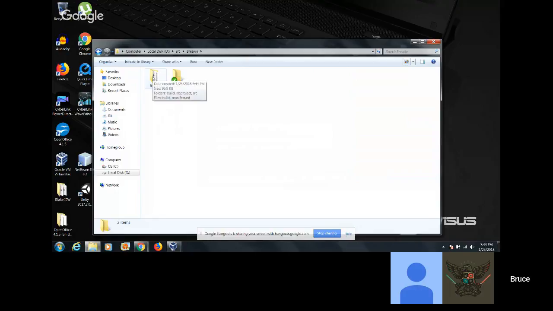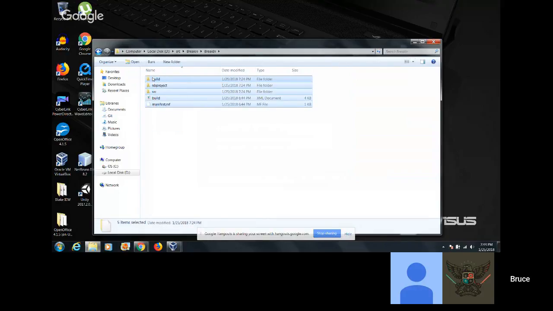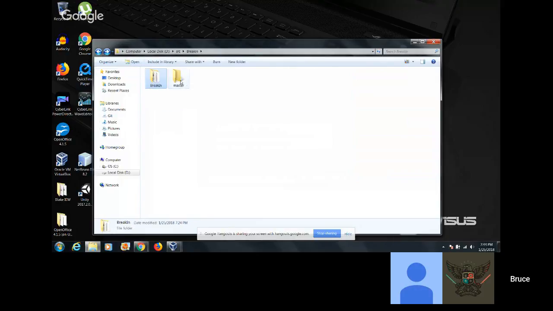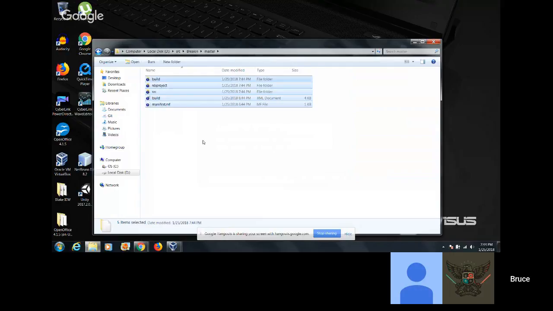Okay. Now what I'm going to do is take all of these files, because see, it has nothing in it. And I'm going to add these. Do you see how it has a question mark on it? That means it's a private file that the server does not know about. It's a private file, which means I'm the only one that sees these files. So if you were to check out from the server, you would not get these.